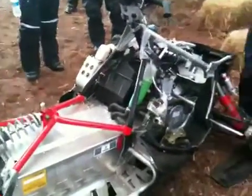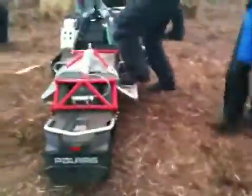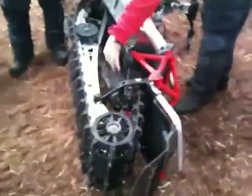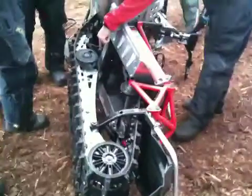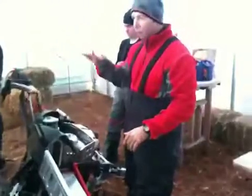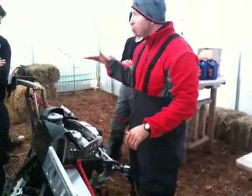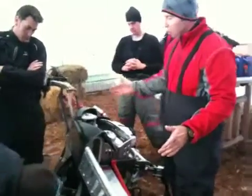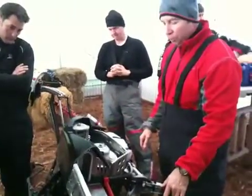Going back to the suspension, I'm going to flip it this way. I said before the shocks mount up on top, so on a conventional sled, you have a shock down here, a torque arm. You still have a small front torque arm and a small front track shock. You need that for the high-speed track, stutter bumps, things like that. It also helps with your steering a little bit. But the balance of this sled, which I'll show later when I put it down, is controlled by this rear